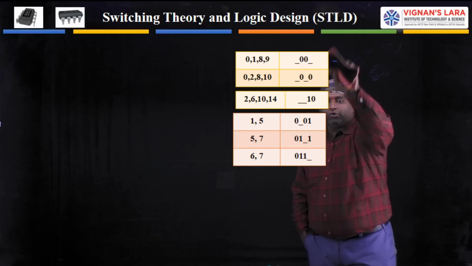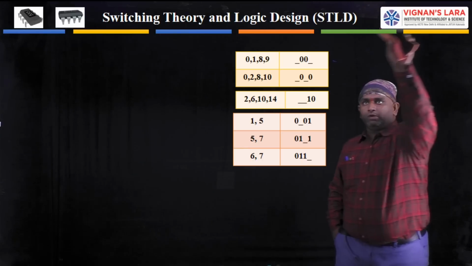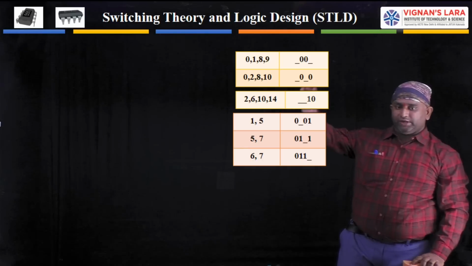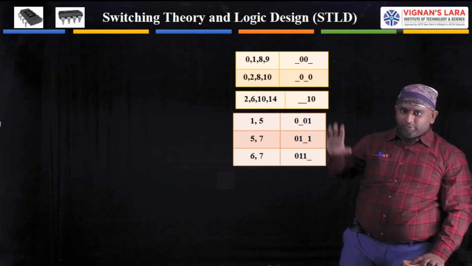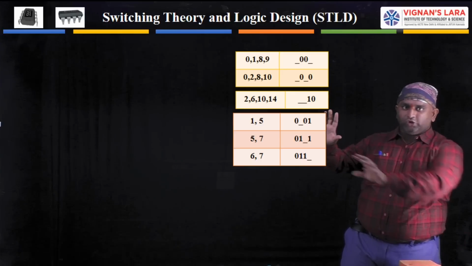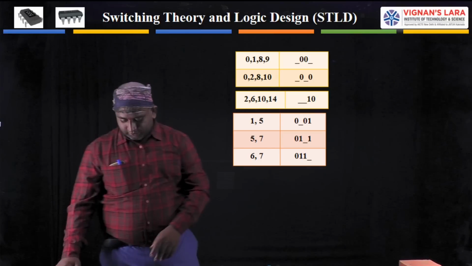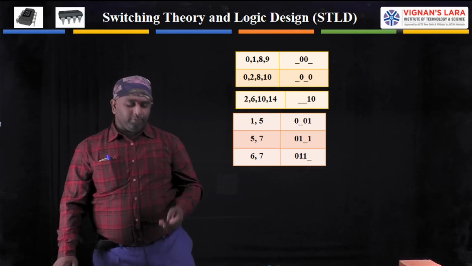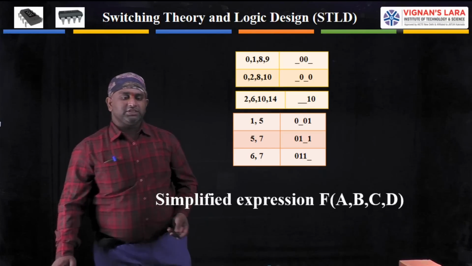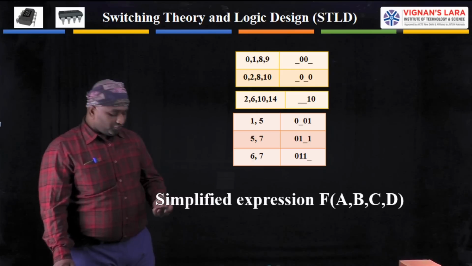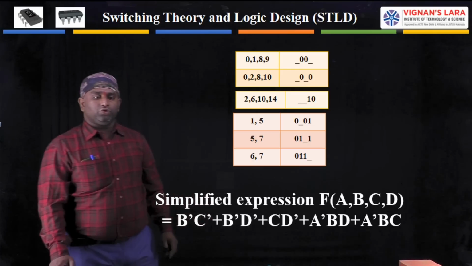Now, you have to write down all the possible combinations which we have written here for these 6 combinations. For these 6 combinations, you have to write down the minterms. Now, I have written all the minterms here. So, see here, the simplified expression for f of a, b, c, d is equal to, here I have written,